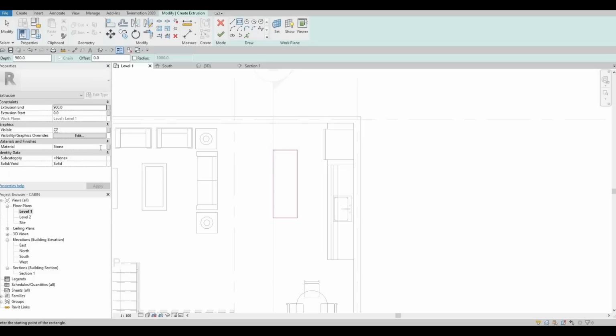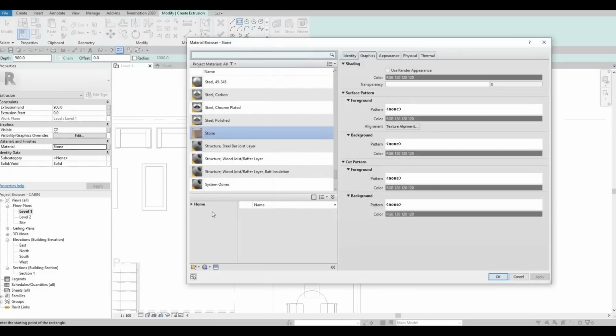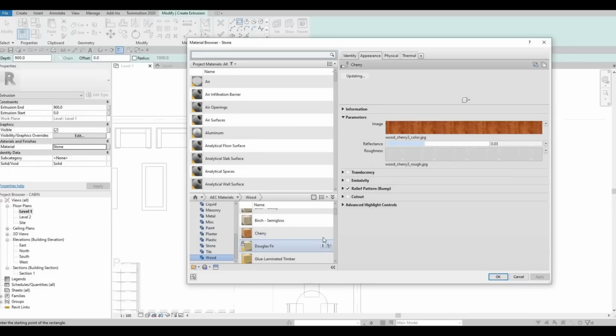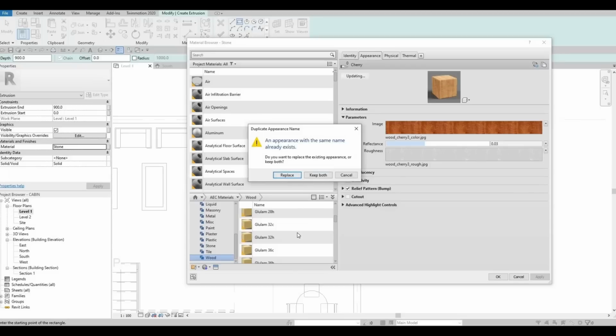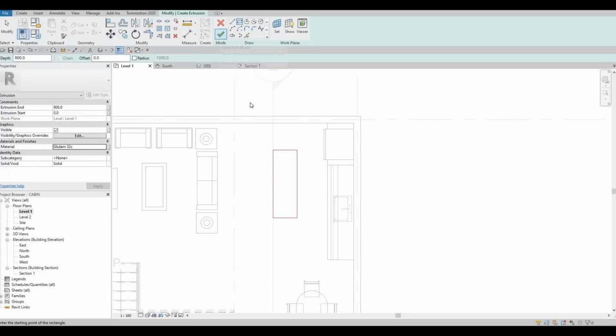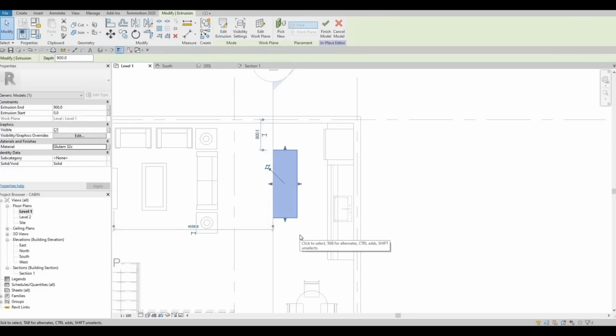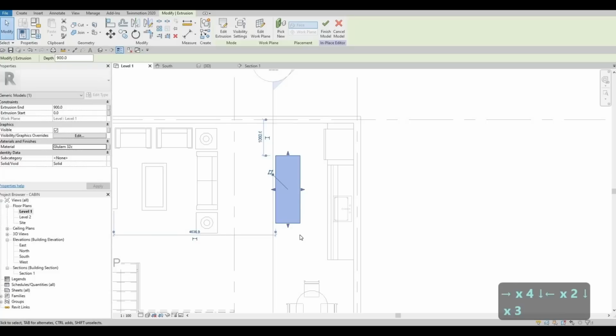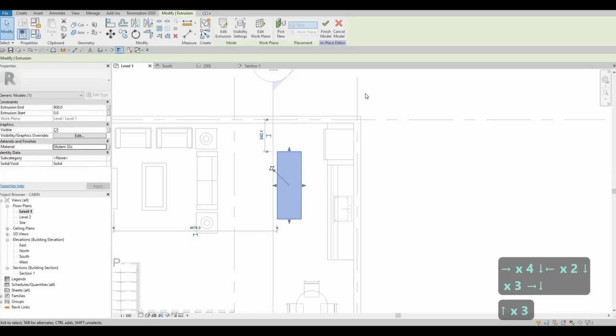So make sure to change the materials as well. So let's do not cherry, but something different. This one would be good enough. Click on finish. Let's move it a little bit from the inside like that. After this,